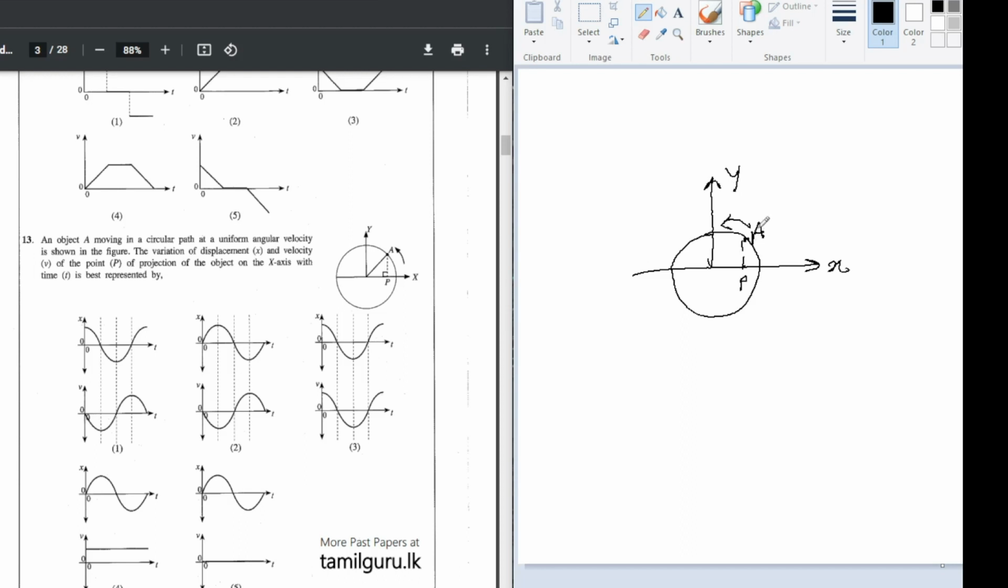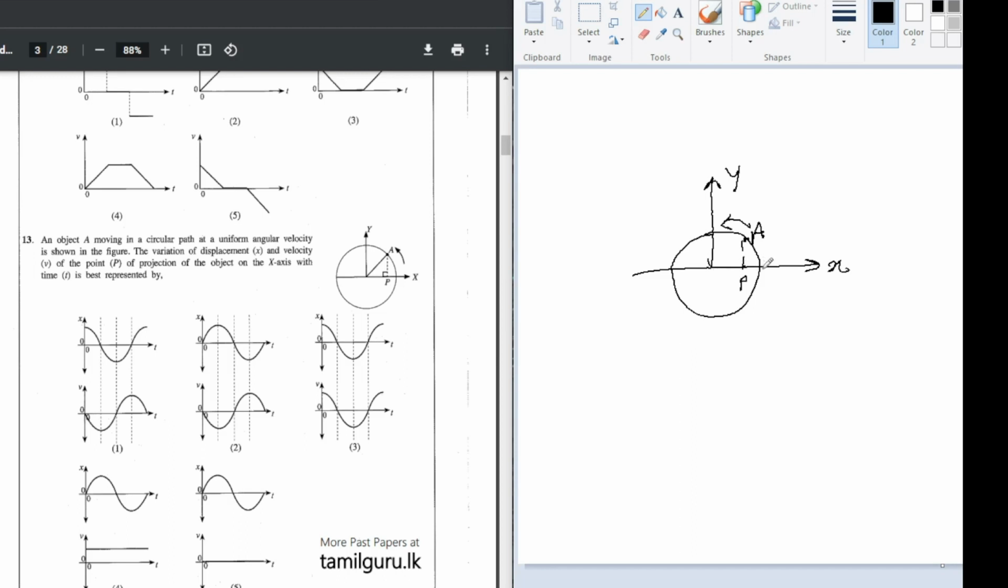Now look at the point A. A is moving anti-clockwise around the circle, and point P is the projection of A on the x-axis. While A is moving on a circle anti-clockwise, P moves from the starting point to the left corner of the circle and comes back to the original position again. Now you can see when A is on the x-axis at the starting point, P is also on the x-axis. Then at that time, P is having its maximum displacement. So initially when the time is 0, P is